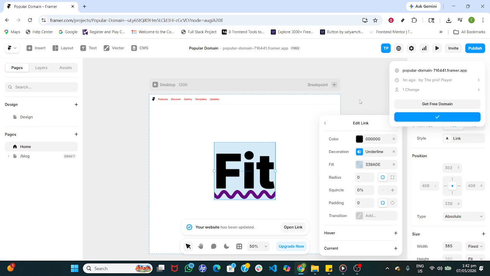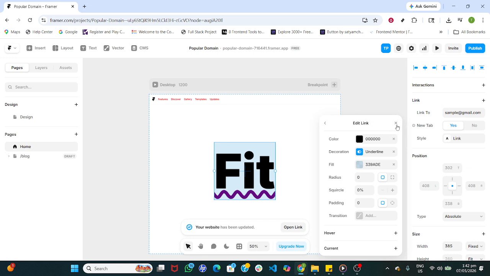That's it. Clean, consistent link decorations in Framer with full control over when